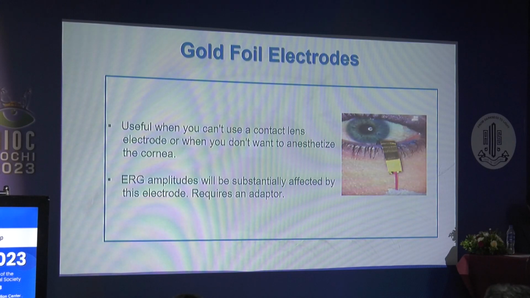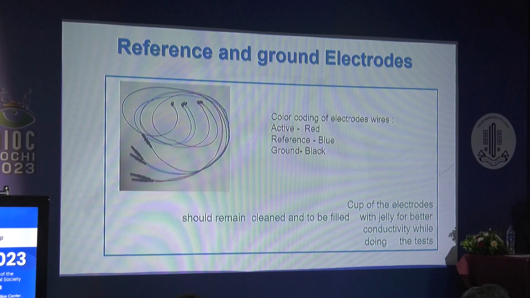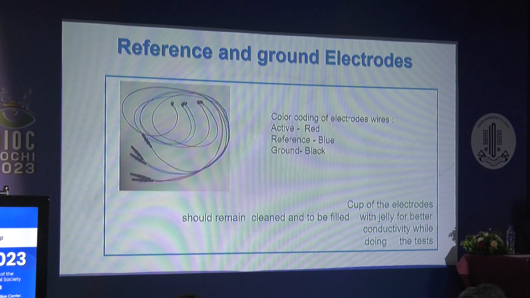Then we have the gold foil electrodes. They are useful when you cannot use a contact lens electrode or when you don't want to anesthetize the cornea. The ERG amplitude will be substantially affected by this electrode. It requires an adapter. The reference and the ground electrode, a couple of points about it, especially about the color